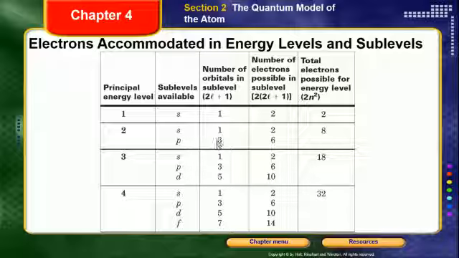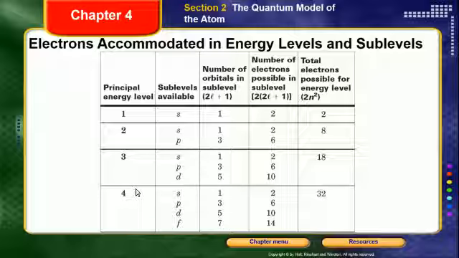4 orbitals total. N is equal to 3. We have s. We have p still, but now we have d's finally. So we have the 1 s orbital, 3 p orbitals, and then 5 d orbitals. This is a total of 5 plus 3 is 8, plus 1 is 9. And on and on. One more time we're going to add the f. These are very, very complex. There are 7 f orbitals. So now we have the 1 from the s, the 3 from the p, the 5 from the d, and the 7 from the f. That's 1 plus 3 is 4, plus 5 is 9, plus 7 is 16. So we have 16 total orbitals